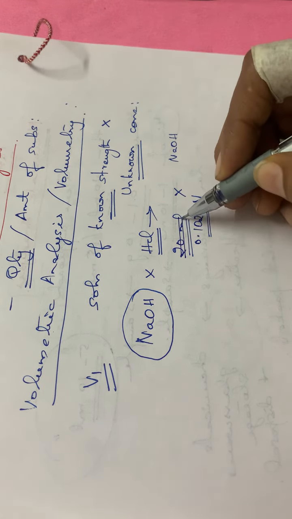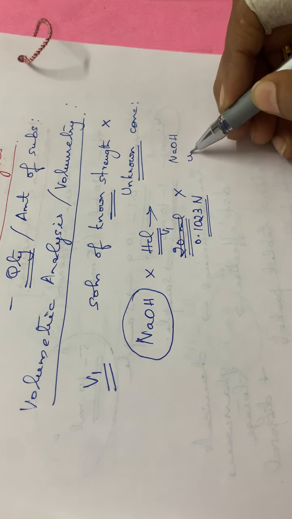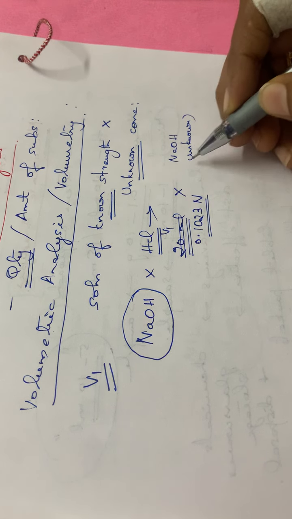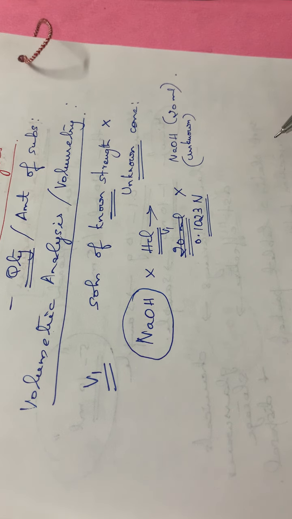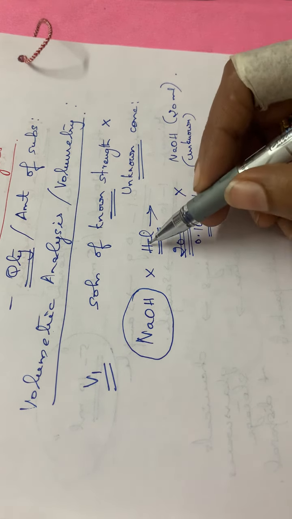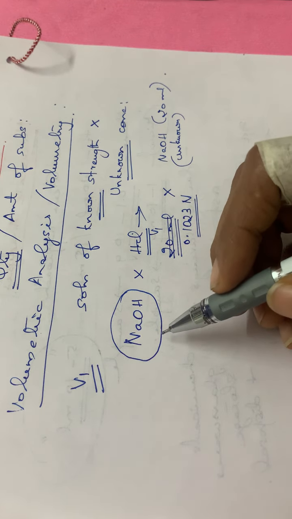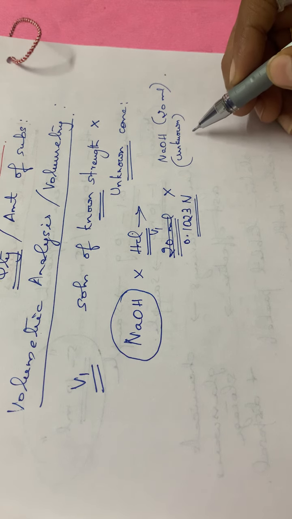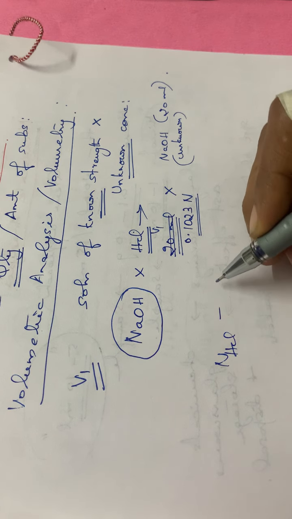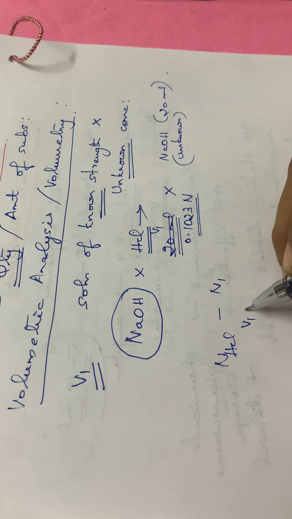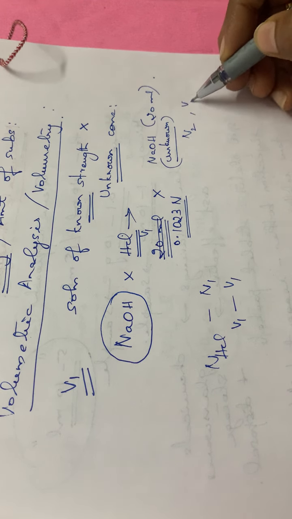Okay, so first of all, this volume is unknown. We are titrating this solution with NaOH solution of unknown concentration. We don't know the concentration of this NaOH. So for that we will be pipetting 20 ml of NaOH solution, and to that we are titrating this known HCl solution. Therefore, let the normality of HCl be N1 and the volume of HCl used up be V1, and for NaOH, let the normality be N2 with volume V2.